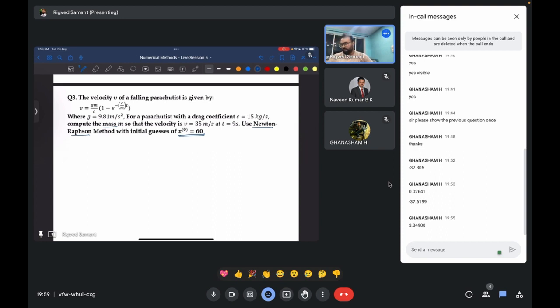So how will you find that? There are 2-3 ways. One way is just taking this thing to the other side. The other way is taking the log and everything. So I'll just do the easiest way. V is equal to Gm divided by C, 1 minus